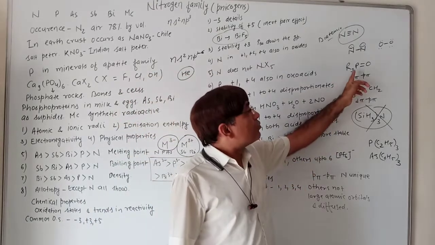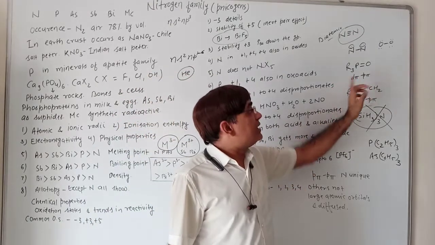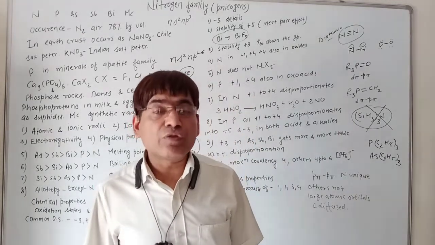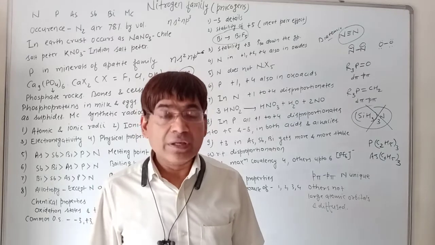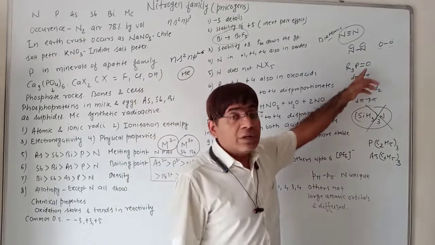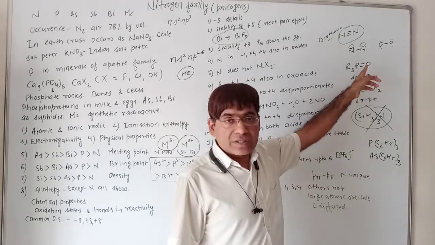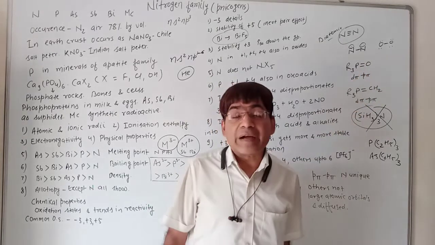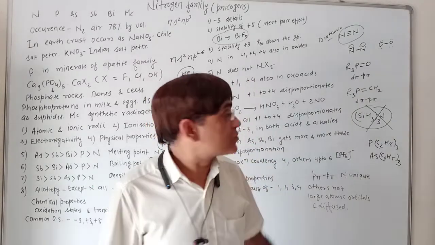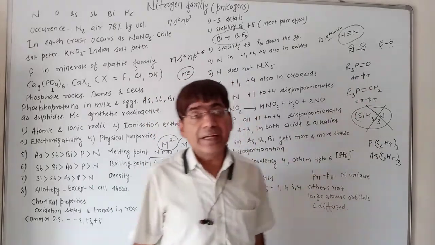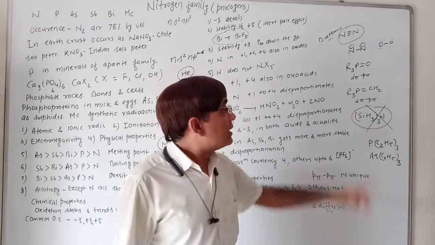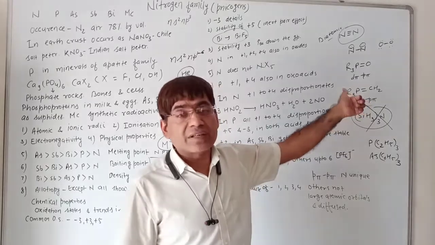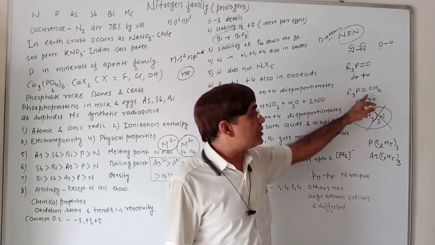So we say phosphorus can form that d-pi-p-pi bond. It was unable to form p-pi-p-pi, but it is capable of forming d-pi-p-pi bond with smaller sized atoms like oxygen or carbon. So here in this R3P double bond O, the pi bond present between phosphorus and oxygen is that d-pi-p-pi bond. Clear? And this R3P double bond CH2 is that Wittig reagent, which we have studied in alkene. This is the phosphorane or Wittig reagent.